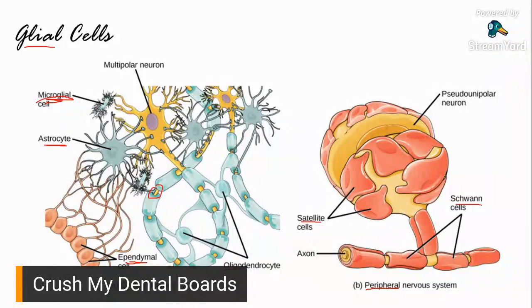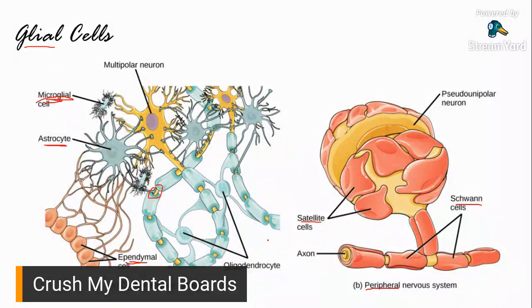Now, on the lower aspect of the picture, you have your ependymal cells right here. It's actually the epithelium, the main epithelium of your brain and your spinal cord. It forms the cellular layer of the epithelium of the brain and spinal cord. Okay? Now,